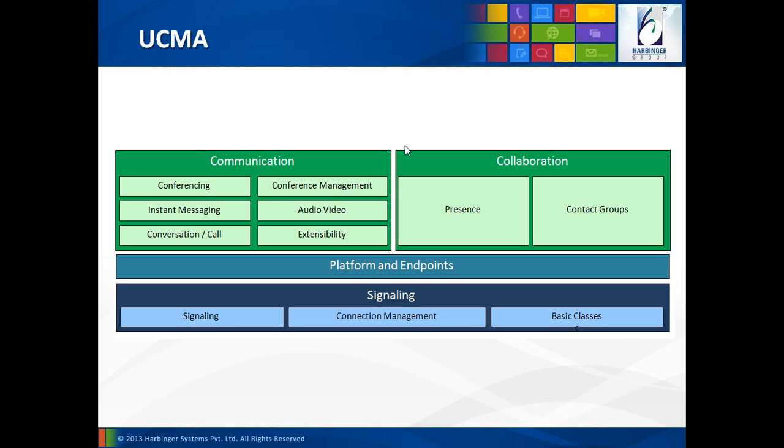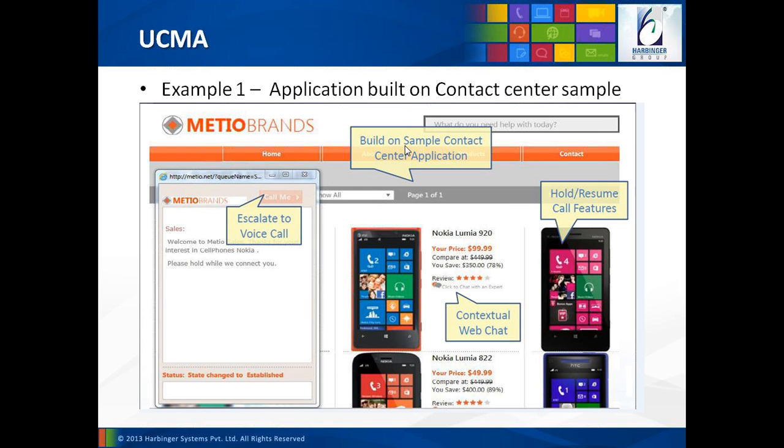The lowest layer is the signaling layer. All low-level stuff happens in this layer. So making the actual connections with the ports, managing the connection life cycle, and passing on the actual data packets all happens in this layer. So for developers, there is no need of accessing this layer directly in normal business scenarios, until and unless particular business scenarios demand so.